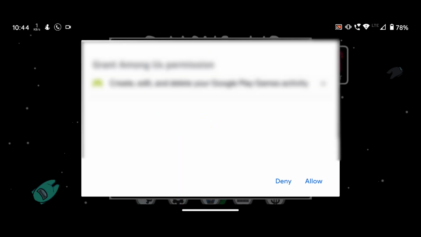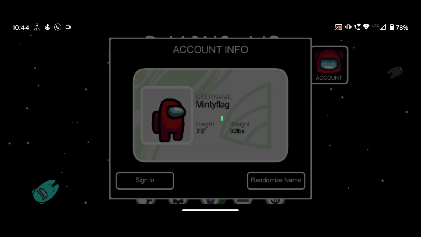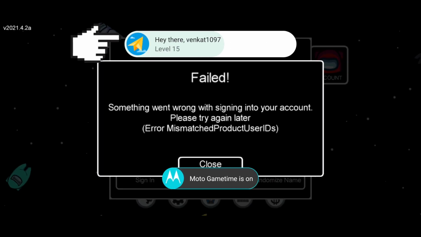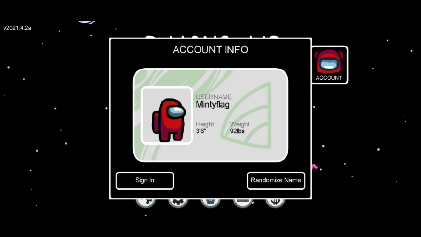So now click on allow. Click on allow again. So now you can see the Venkat1097 account was connected and it was mismatched.